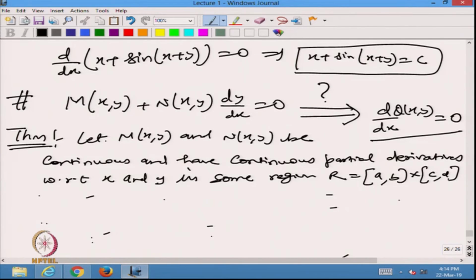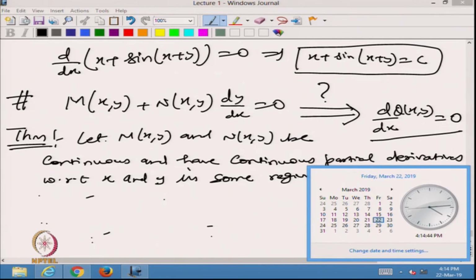So, this is a square, rectangular region. Then